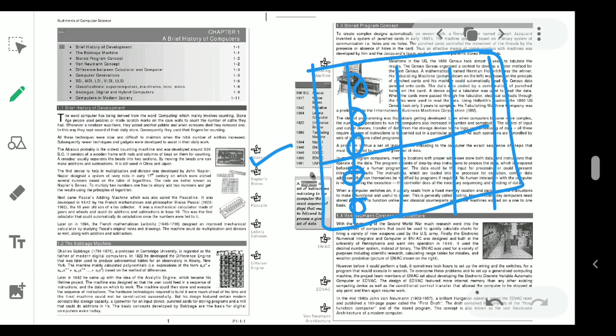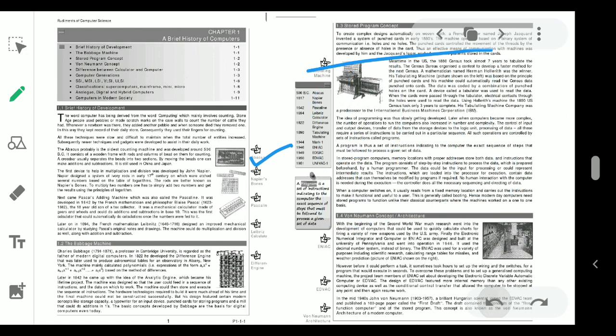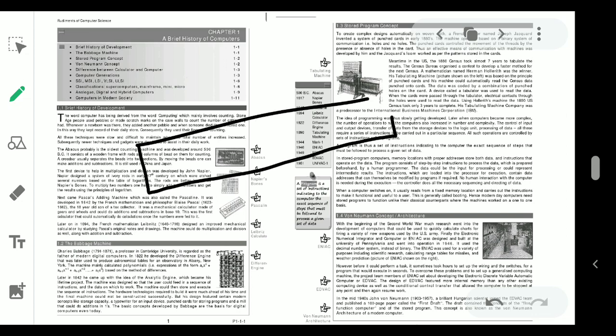come to the first device. This abacus only helps with addition and subtraction, but the first device which helps with multiplication and division was developed by John Napier. In the early 17th century, Napier designed a system of ivory rods. This kind of rod, the scale is different.